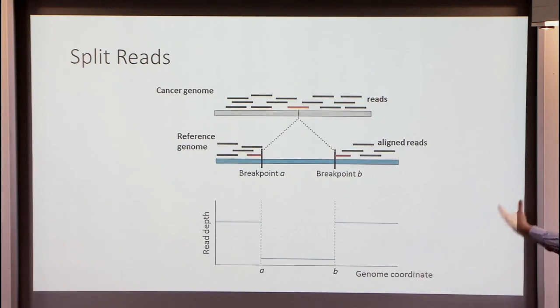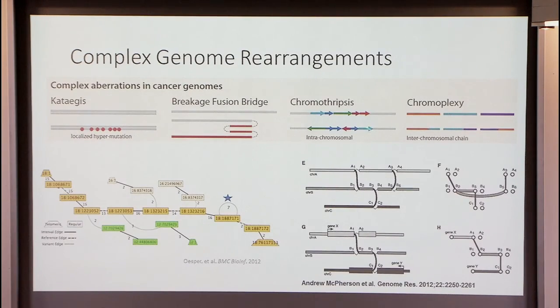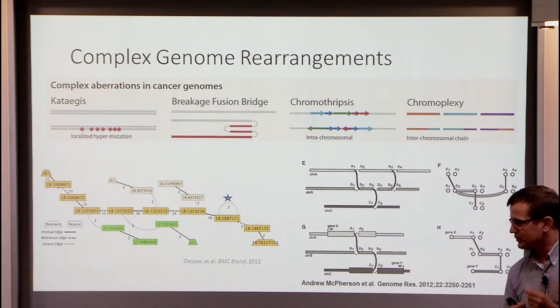This is, of course, a general problem that comes up in analyzing structural variants in normal genomes as well, from all sorts of organisms. But in cancer, again, the rearrangements can be much more complicated. If you have one of these chromothripsis or chromoplexy events, where you're going to have multiple breakpoints clustered together in a small region, then you have to start making predictions where you might try to stitch together these breakpoints in a consistent way. There are approaches based on building graphs from the genome that have edges constructed from the links you would get by looking at the split read information.